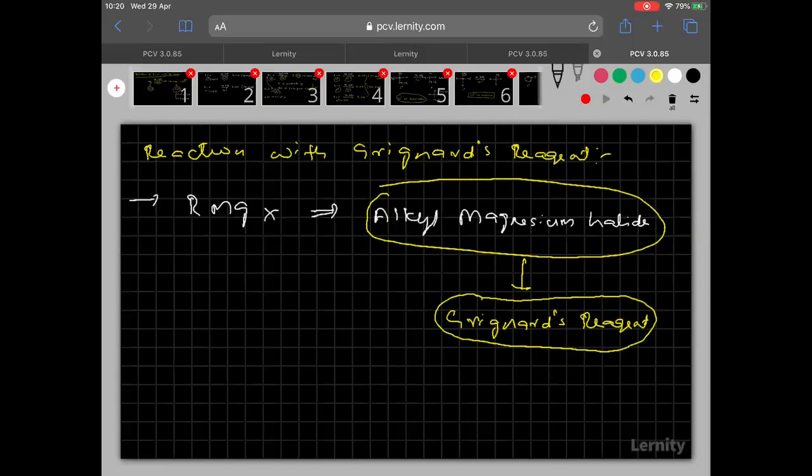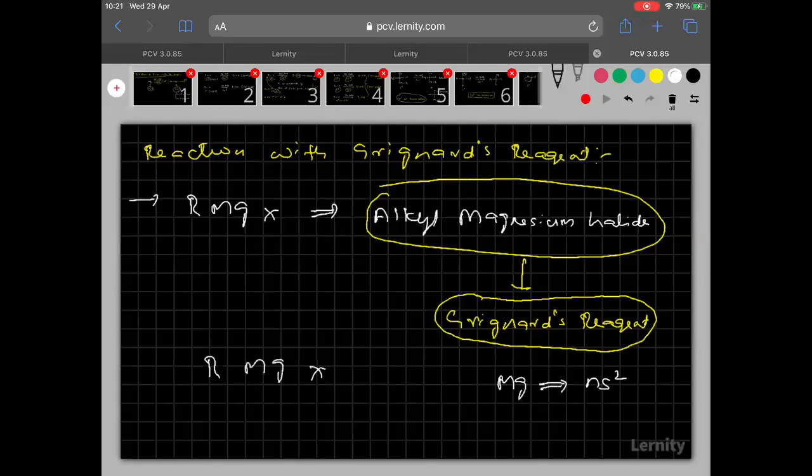Followed everyone? Now here one important thing I want to discuss. See clearly here everyone. So here magnesium is there. Now see clearly, RMgX. Magnesium belongs to the second group of the periodic table, so its outermost electronic configuration is what? NS2. Magnesium belongs to second group, outermost configuration is NS2.